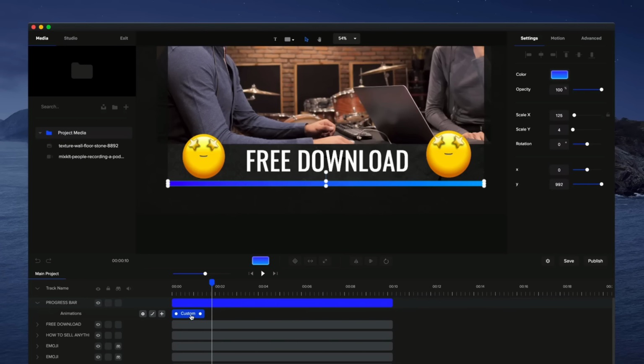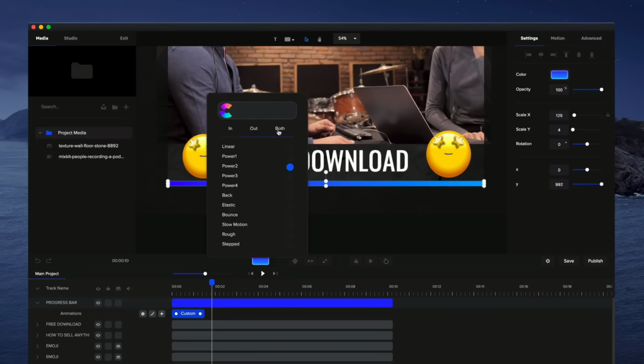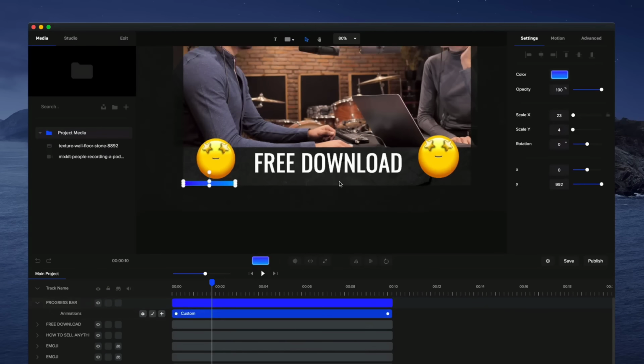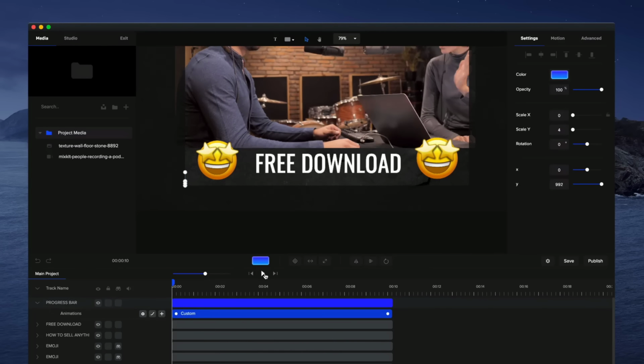So what we're going to do is adjust the duration and the easing. If I right click on this animation and go to easing, we want to make sure that it's selected to both and linear, so that it just goes in one fluid motion. So there's no fast burst and then slow and fast, we want it to go one steady speed. Linear does that, and you want to set it on both the in animation and the out animation. Then all you need to do is drag this out to the duration of your video. And if I go ahead and preview from the start,